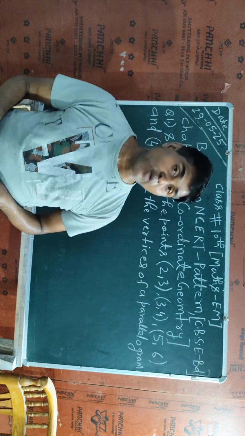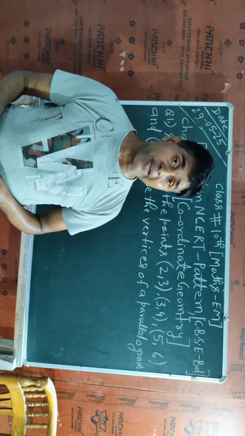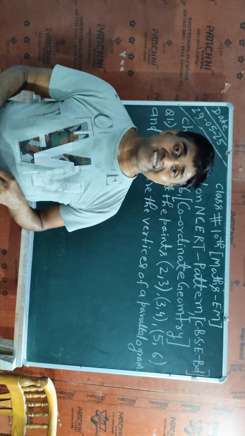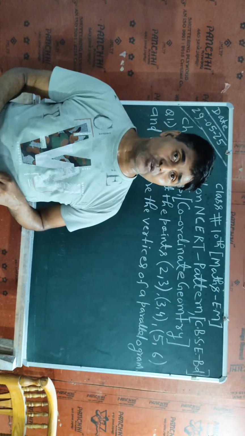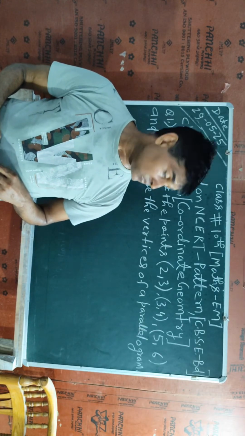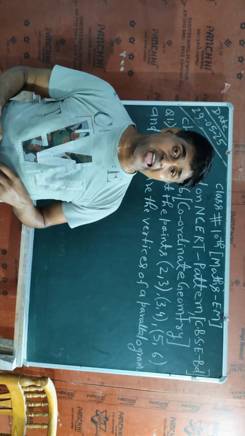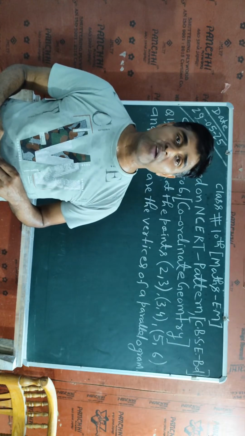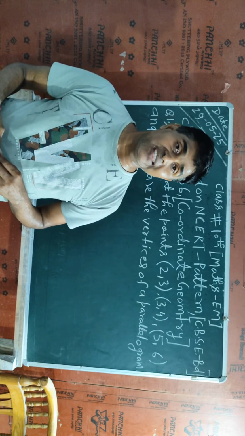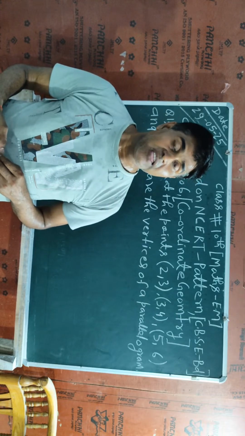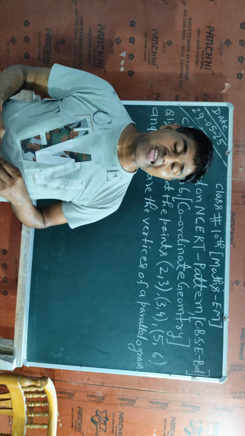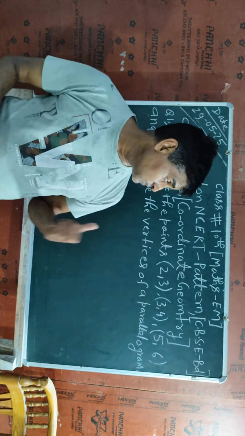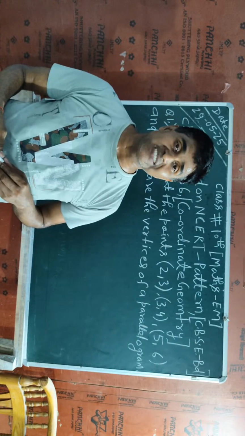It means you have to draw a parallelogram in which opposite sides are equal in length, and there will be 4 lines. So we will use the distance formula for calculating the 4 lengths of the parallelogram, and then according to the properties of a parallelogram, which has opposite sides equal,